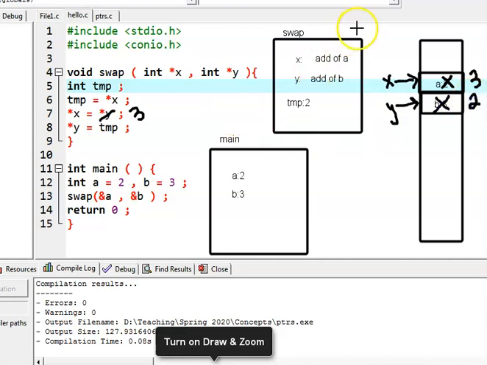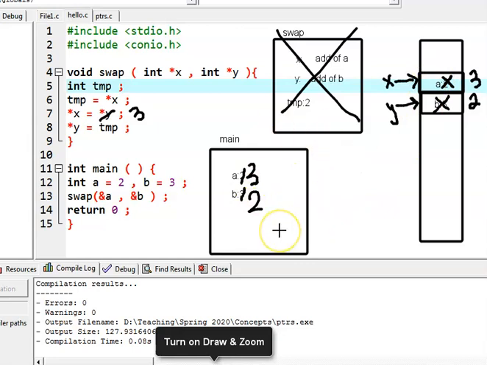And now you return from that. Now this is removed. Once this is done, take a look at what happened. Is the a value still a 2? No, the a is now a 3 and the b is now a 2. Why? Because the value of the a was changed through the pointer, through the reference, through the memory to have the value 3, and the value of the y was changed to be a 2. So as you can see, you can use the addresses in order to make sure that the change is reflected everywhere. It's not a change in the copies only here, it's a change through the memory